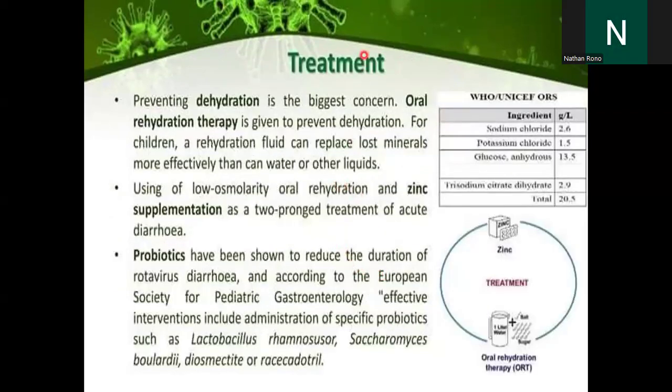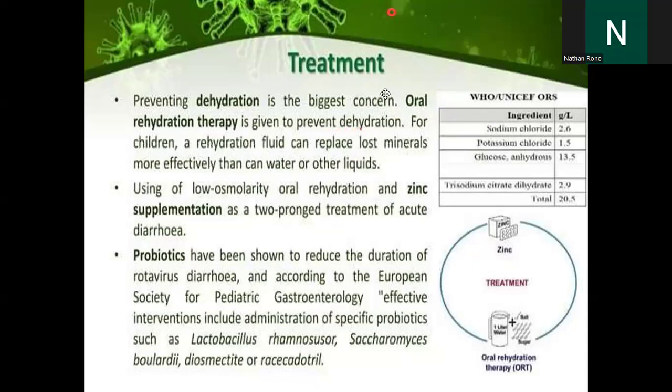Treatment. So one thing you have to remember on treatment of viral gastroenteritis, which is rotavirus, is we are not really interested in treating the virus itself, rather we are treating the